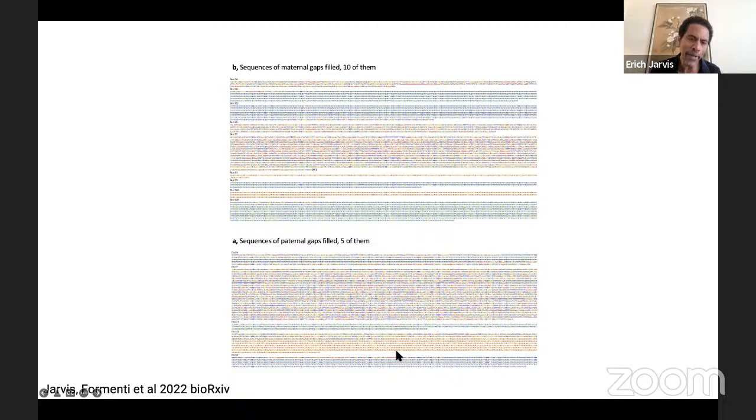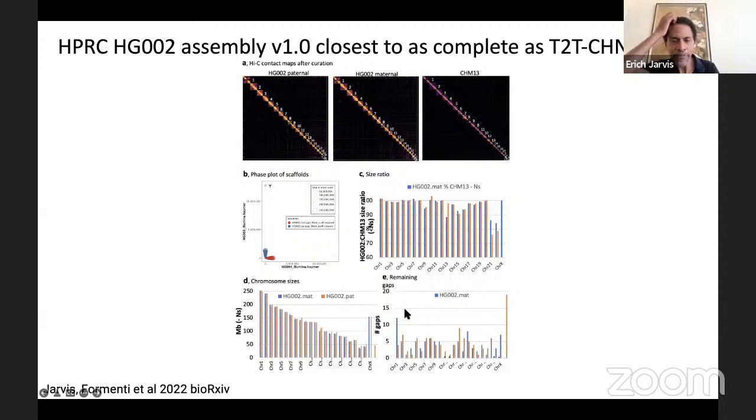And many people knew about this already, that HiFi technology has difficulty sequencing GA-rich repeat sequences, which there are about 20 of them in human genomes, but hundreds in fish genomes. So it does make a difference across species. And so when we look at the Hi-C plots now and compare with CMH13 for this more complete HG002 assembly,